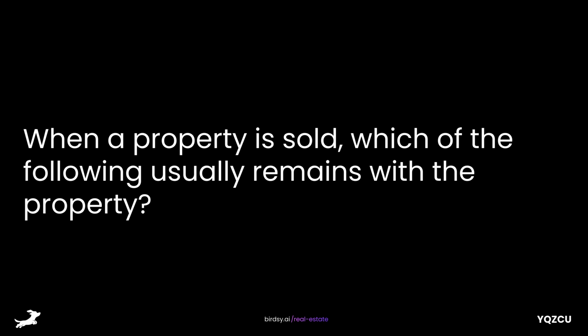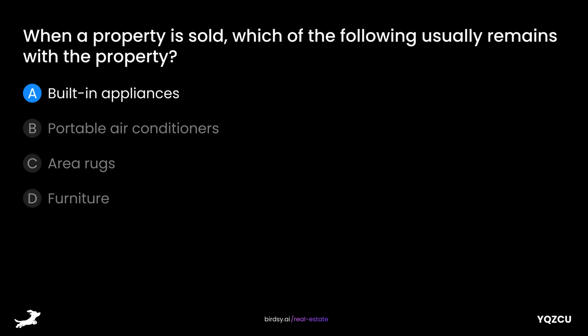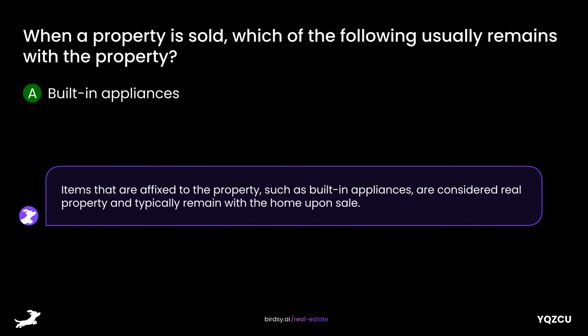When a property is sold, which of the following usually remains with the property? Is it A, built-in appliances, B, portable air conditioners, C, area, or D, furniture? The answer is A, built-in appliances. Items that are affixed to the property, such as built-in appliances, are considered real property and typically remain with the